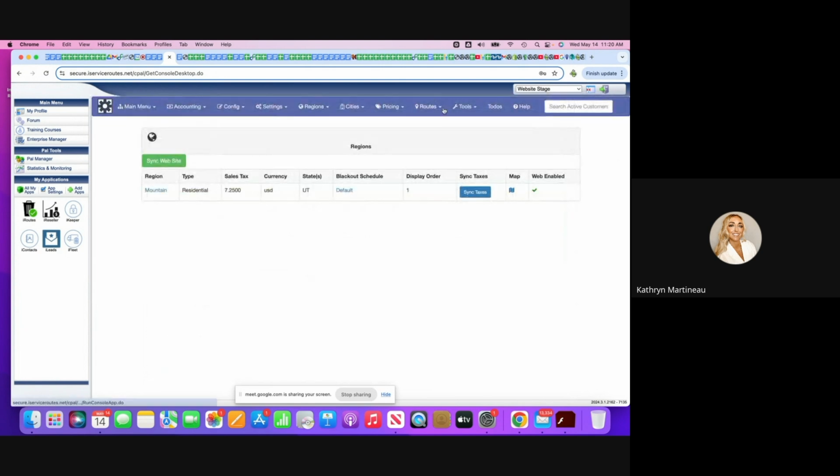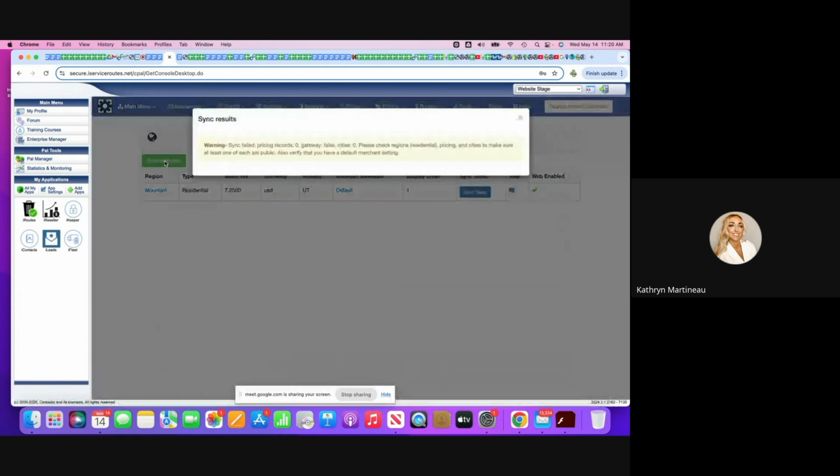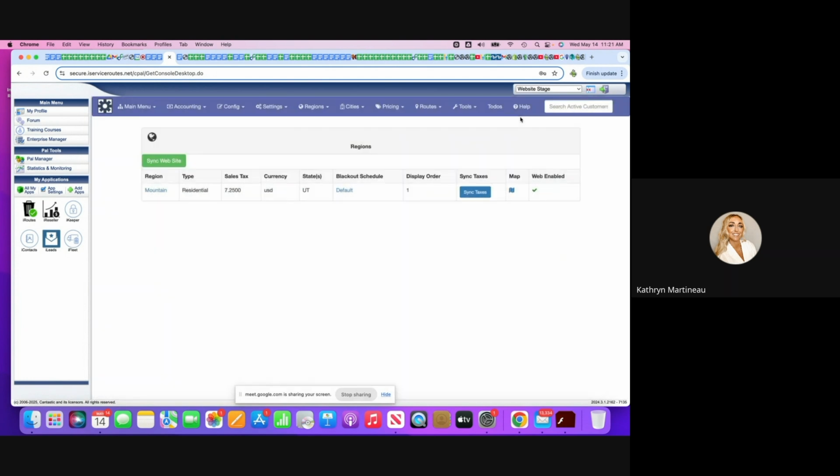And then anywhere you see a sync website button, whether we're hosting your website or not, you'll just want to get used to clicking that if you make any changes so that it reflects on your website. Right now it's not going to work because we don't have everything fully set up, but just get used to clicking that. So if you go up to regions and click blackout schedule,